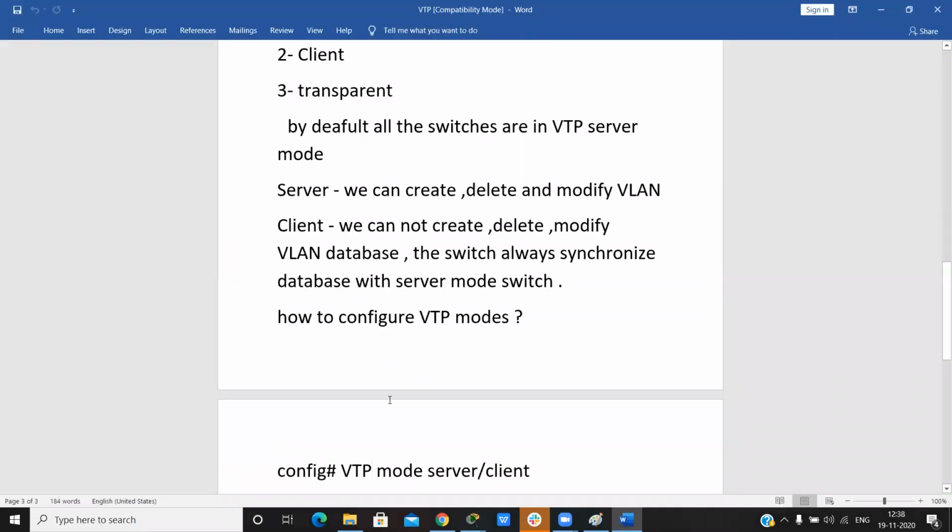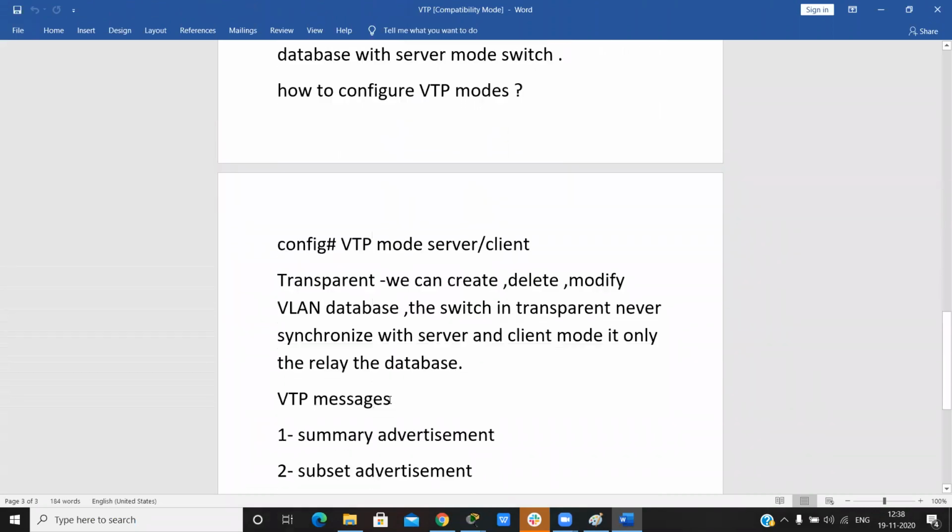And next one is transparent mode. In this, we can create, delete, and modify the VLAN database, but a transparent mode switch never synchronizes the database with server mode switches and client mode switches. Just like a person who is not interested in anyone, a self-centered person.